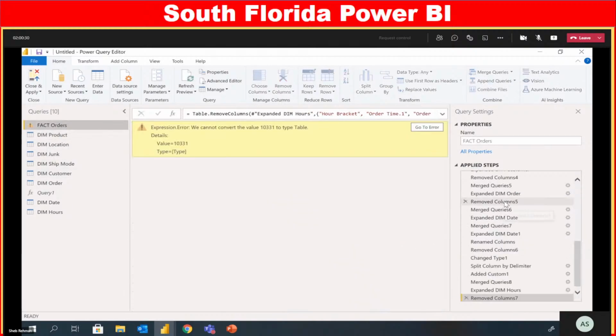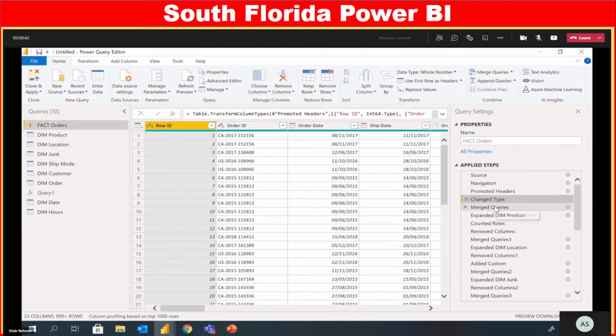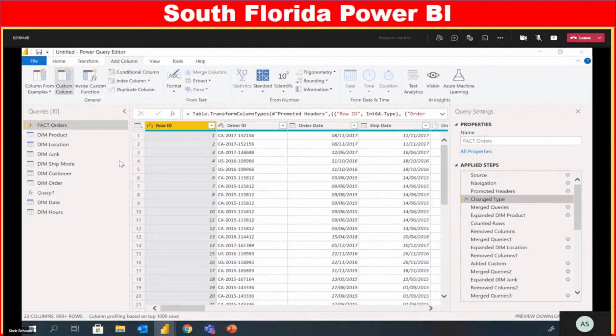So I need to go back to my fact orders. Okay, I need to go up to where I did a count rows, didn't I? Okay, so I need to do it before I do this merge. So I need to step up and do it. Probably the first thing I do in here is going to be that change. Okay, so here I'm going to add in a column here as well. So adding custom column,